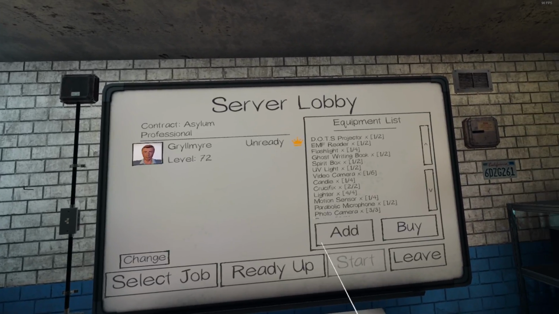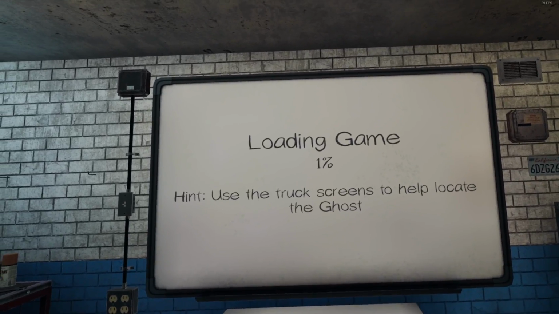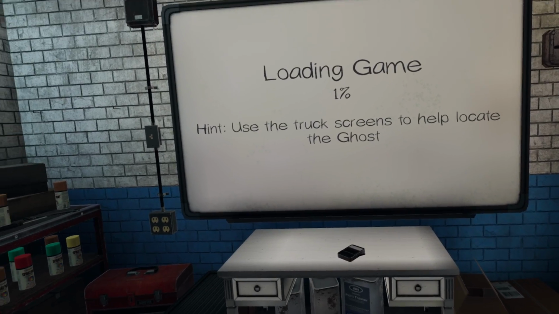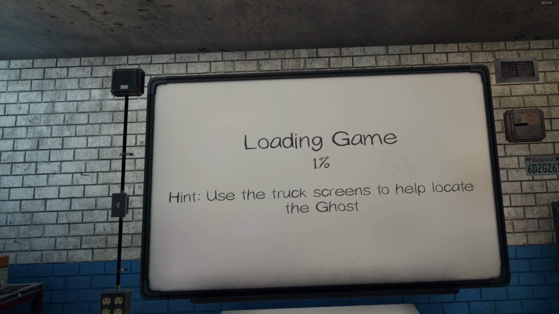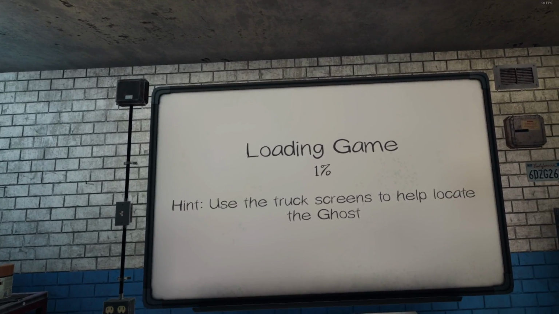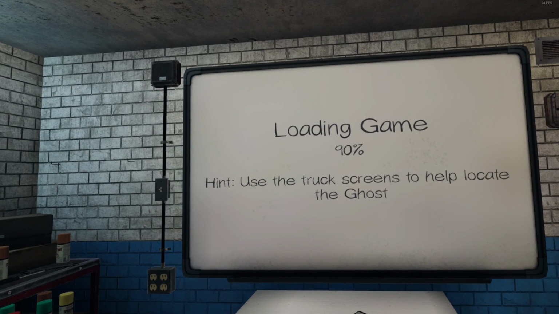Asylum, professional, everything ready up, start. No interest in doing Nightmare. I don't think Nightmare in Asylum is going to be all that much more interesting. Although, if I were to only get 2 pieces of evidence, maybe getting it to hunt would help me figure out what ghost it is, but